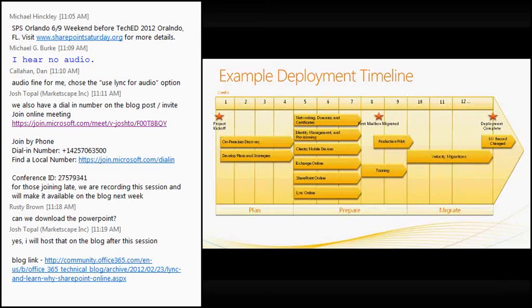So the key thing I want to mention about these two slides is just because Office Online is that much quicker to get up and going, don't think that SharePoint Online is going to be something you're using within the first 10 minutes. Make sure you do your planning, make sure you do your governance, make sure the business goals are driven and mapped to the feature sets. If not, it's just going to be what other SharePoint implementations unfortunately get to be: rushed into and not drawn out correctly.